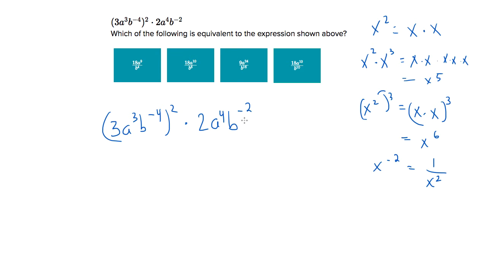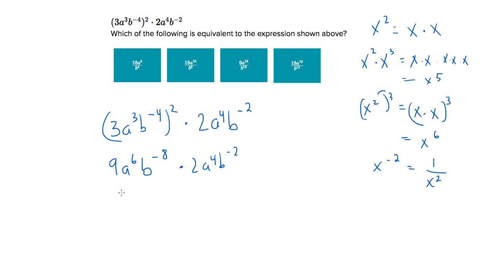Okay? So that means let's just distribute this 2 through, and we get 3 squared, which is 9, a to the 6th. So we're multiplying our exponents. b to the negative 8 times 2a to the 4th b to the negative 2. Now we can